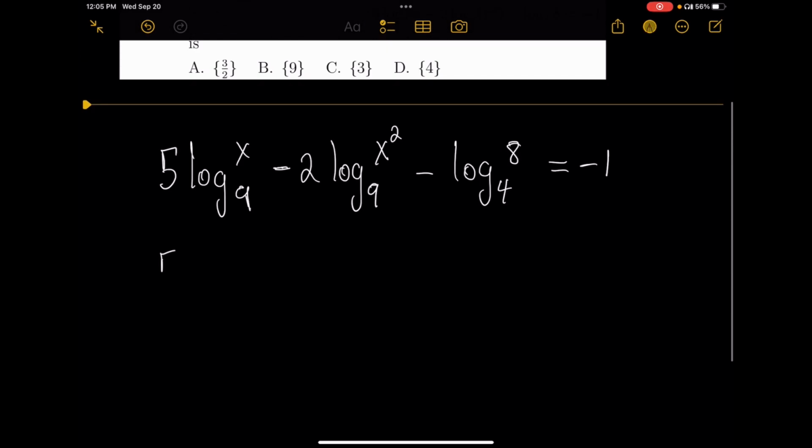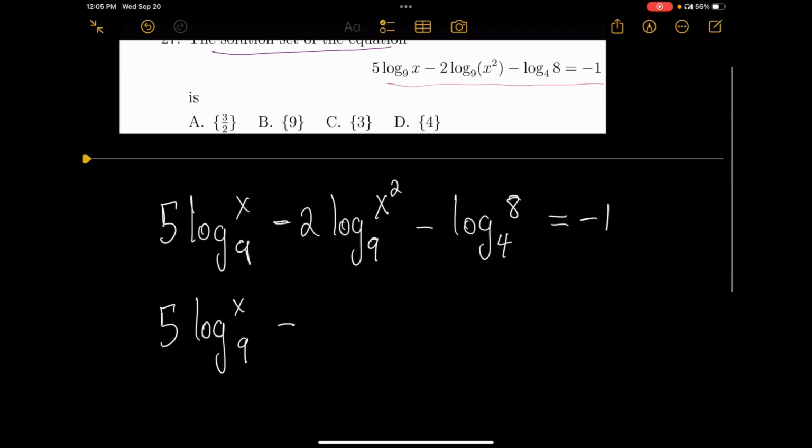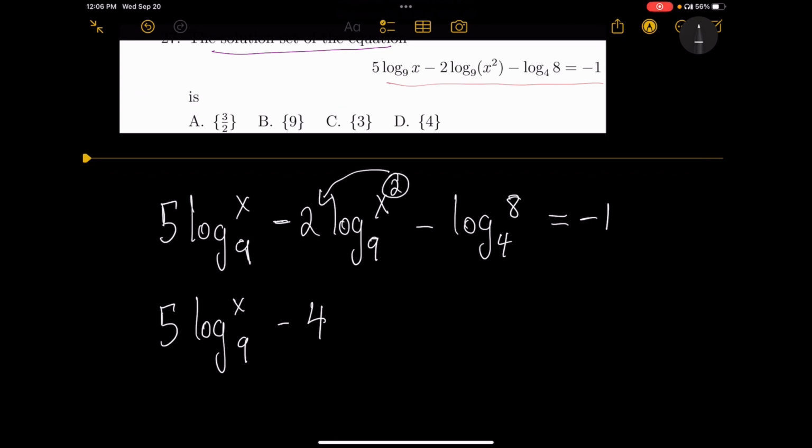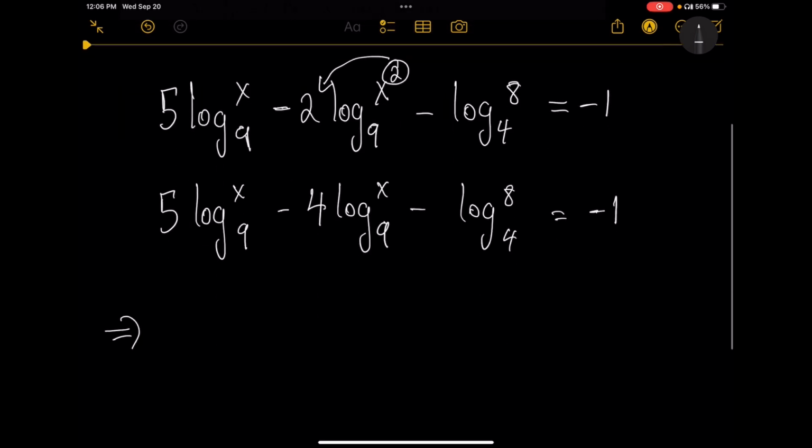Okay, 5 times logarithm of x to base 9 minus logarithm of x squared to base 9. The 2 can be brought to the front, so 2 times 2 we get 4 times the logarithm of x to base 9, minus the logarithm of 8 to base 4. Well okay, that equals negative 1, which implies 5 times logarithm of x to base 9 minus 4 times logarithm of x to base 9